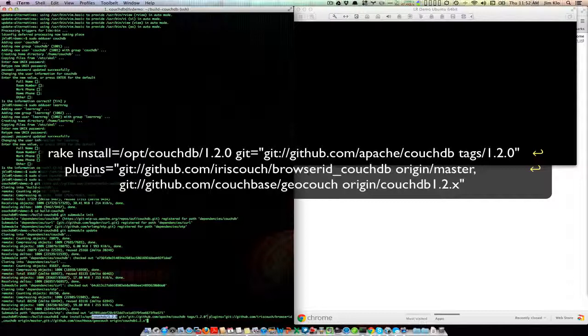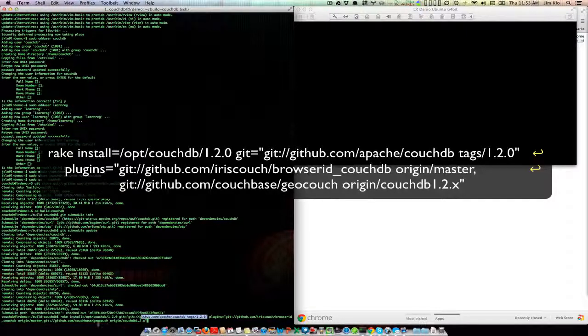I'm grabbing the 1.20 release from Couch, and there's a couple plugins that we've started to use. Browser ID for Couch, which is Mozilla's Persona identity provider interface, and another one that we're not quite using yet, but we've been toying with doing some indexing with,